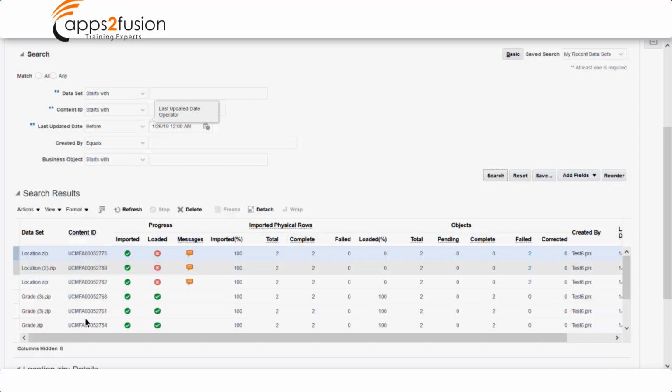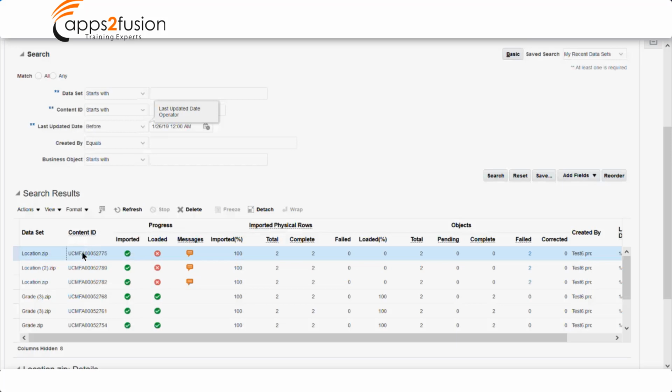That's the location.zip. So you're seeing here it's a zip file. As I mentioned, the user always stores the files in a zip. The zip file name can be anything, but the .dat file name has to be predefined. That has to be a business object name. So we can't change the .dat file name, but we can change the .zip file name. So this is user-defined. You can pass any name here for the zip file.